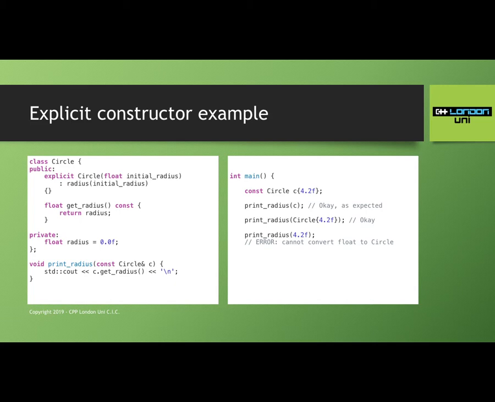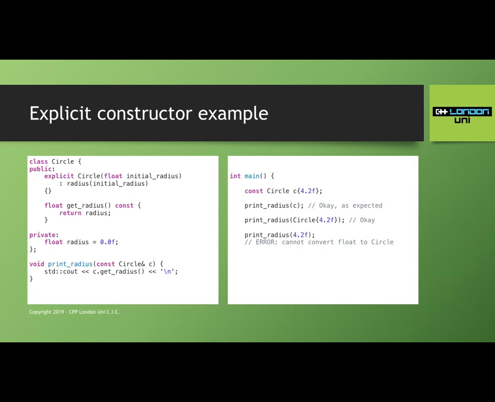However, this time, if we try and call print radius directly with a float, it's not going to work, because the compiler is still going to try the conversion for us, but it's going to ask, how can I do this? Well, I could do it by calling this constructor, but this constructor is marked as explicit, so that rules it out. I'm going to ignore it, pretend it doesn't exist. So it will not use this constructor, therefore it cannot form any sort of conversion sequence, therefore it's going to give you an error. And the error will probably say, oh, I kind of wanted to use this constructor, but it's marked as explicit, so I just ignored it.